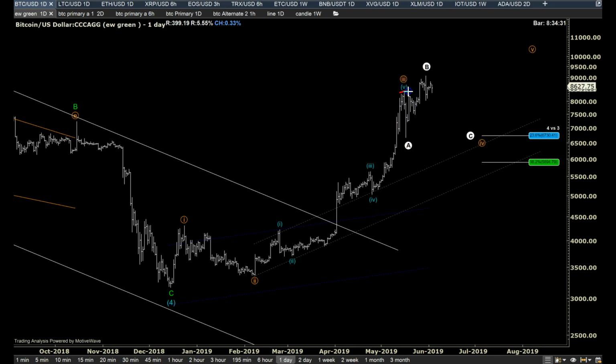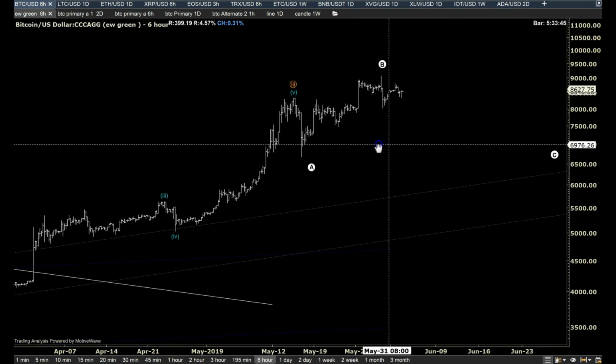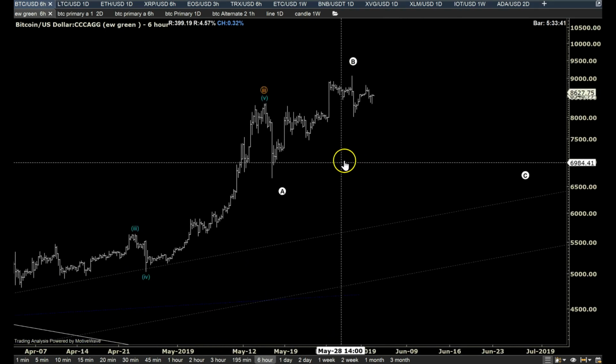We took over the highs up here, and we seem to be doing a 3-wave move, not a 5-wave move. So I'm not extremely convinced of what's going on right here inside this move. I don't know exactly what this is, but for right now, I'm looking at it and I say, okay, let's go to a 6-hour chart and see what's going on in there, and say, okay, if we are going to be pulling back into a wave 4, and this is going to be either a larger triangle where we